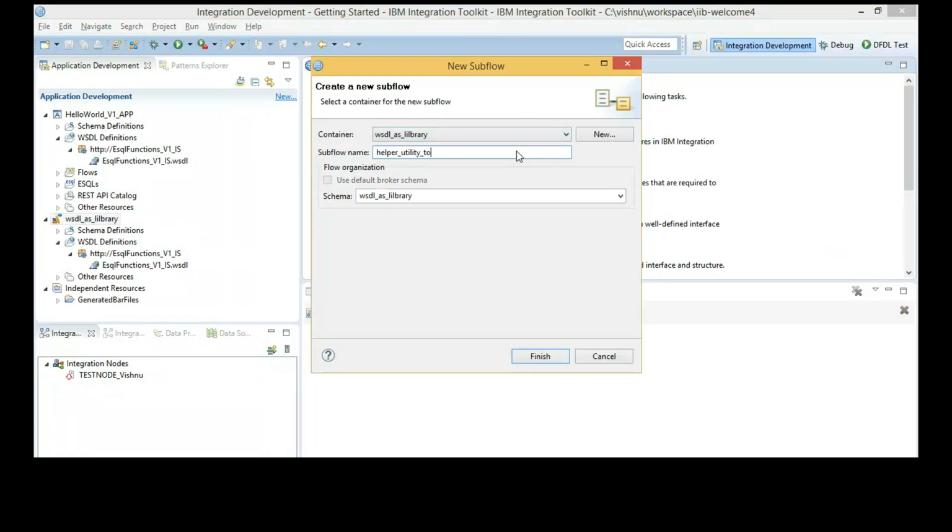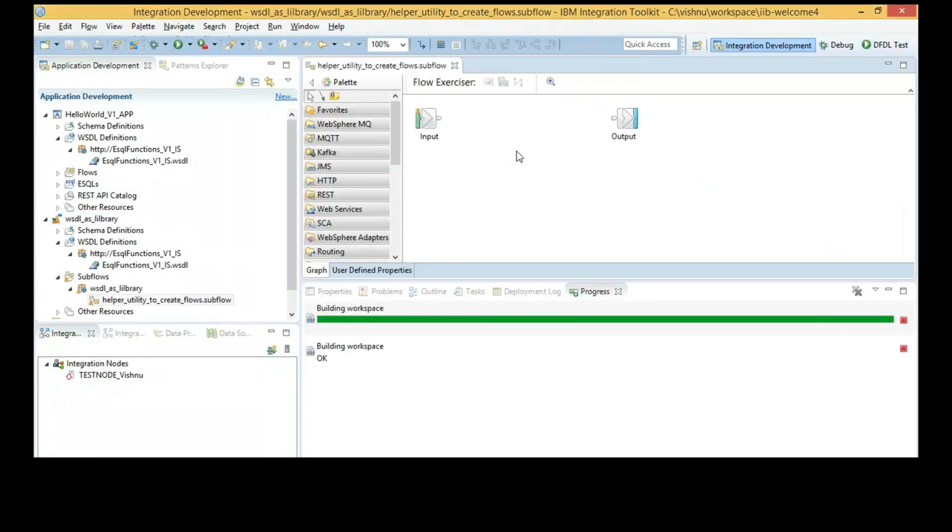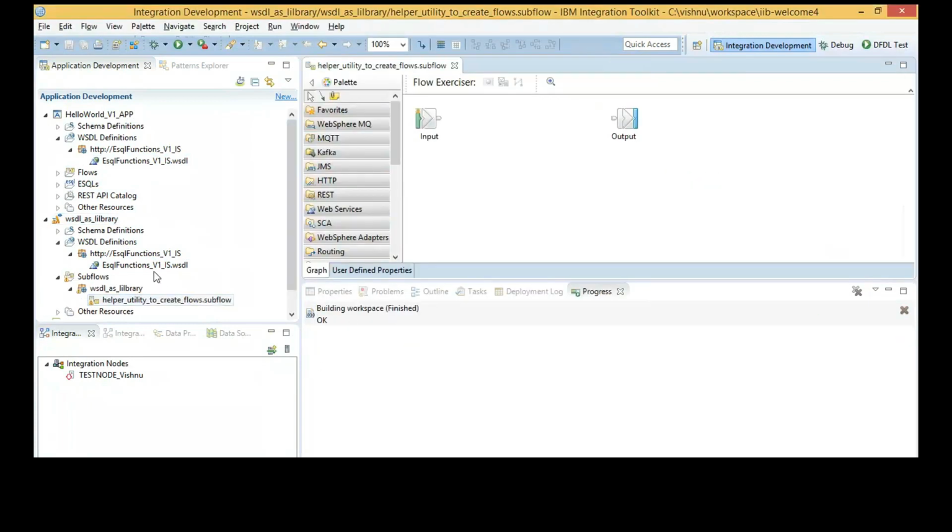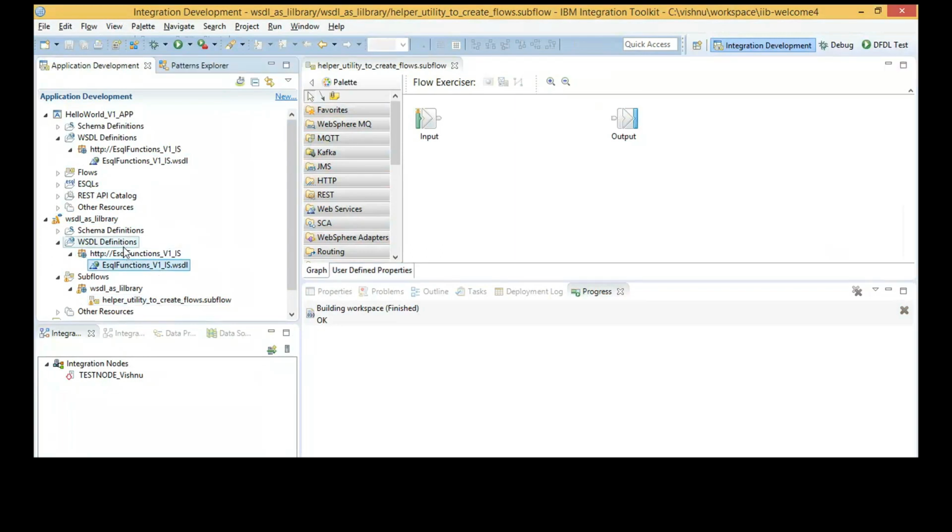So whenever I want to invoke that SOAP operation, I will not use a SOAP request node. I will not use any other SOAP extract functions. I will use a subflow and have that code stored as part of the library.